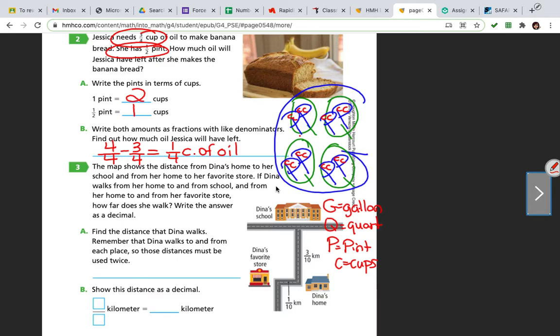So let's read this again. It says find the distance that Dinah walks. Remember that Dinah walks to and from each place, so those distances must be used twice. So Dinah goes from home to her school. From her home to her school is 3/10 of a mile. So we're going to say 3/10,